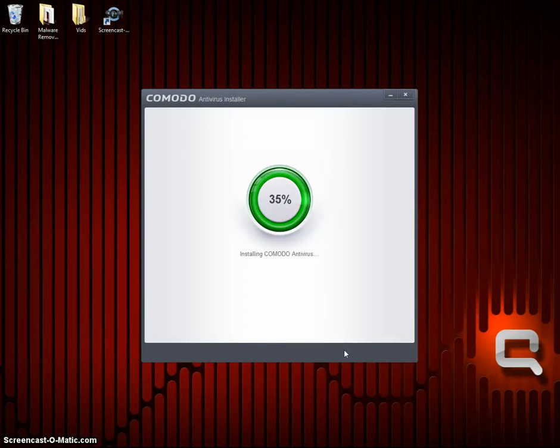So while Comodo is installing there, I want to point out that sometimes we'll get machines where there's two antivirus programs running at the same time. For example, they might have Norton and McAfee running on their systems. It's not best practice to have, and it's not recommended to have, two antivirus programs running on the same machine. And that's simply because the two programs can conflict with each other and slow down the performance of your machine. So it's of no benefit to you, the computer user, and your computer to have two different antivirus programs running